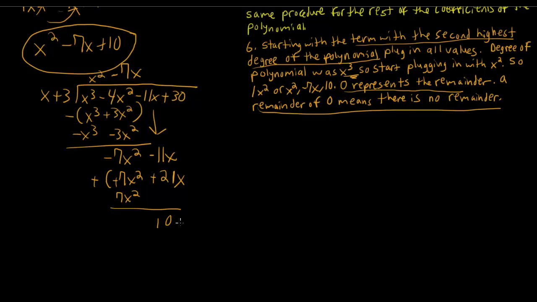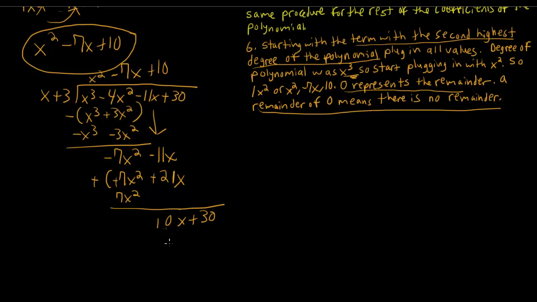Yeah, 10x plus 30, and then you just have to do x times what equals 10x, and it's just plus 10, and then 3 times 10 is just, so